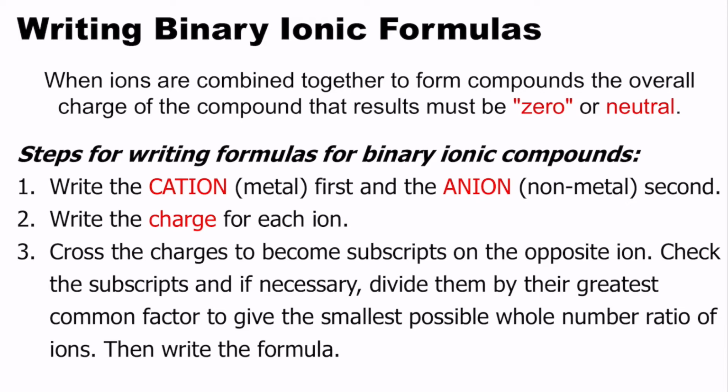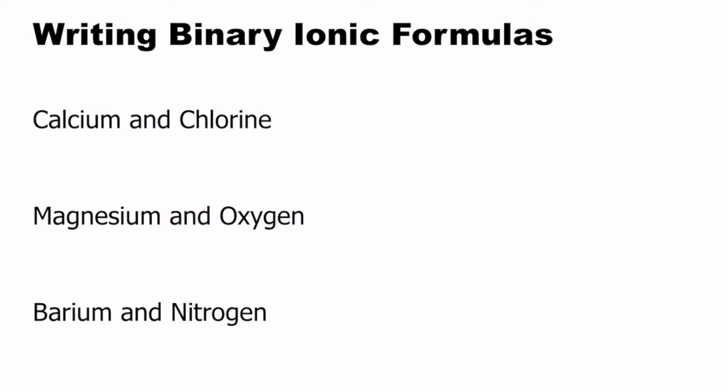If you wanted to read through this, you totally can stop now and then read through it, but I think it's always easier if I just show you. So if you are writing a binary ionic formula, and let's say the ionic compound that's being formed is between calcium and chlorine, so all you have to do is write out the ion form of